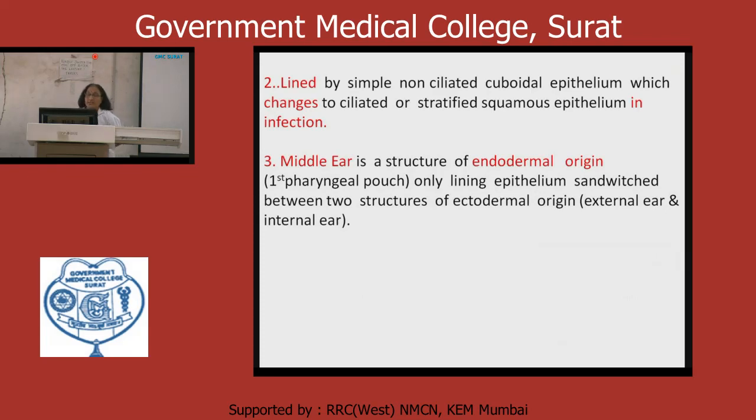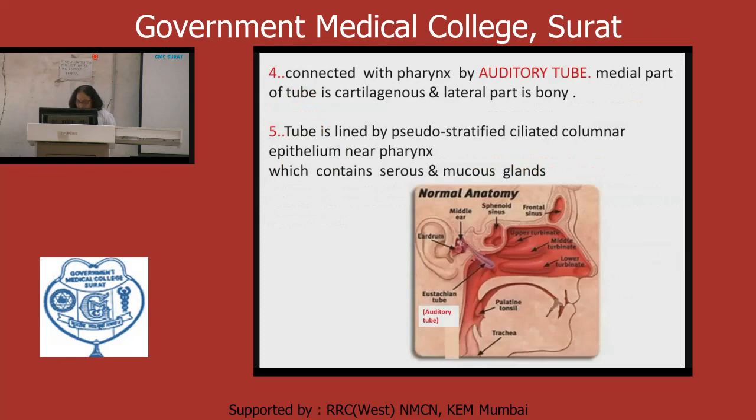The middle ear is developed from endodermal origin, while the internal ear is ectodermal origin. The only lining epithelium is sandwiched between the two structures. That is the important characteristic of the middle ear cavity. Now we can see here in the given diagram the auditory tube, which is also called the Eustachian tube, and